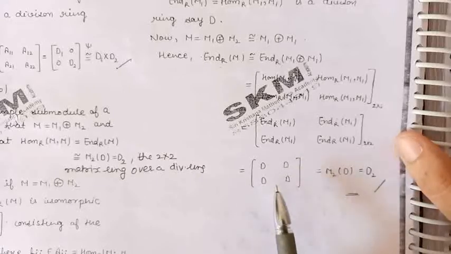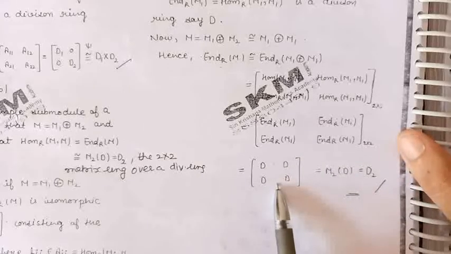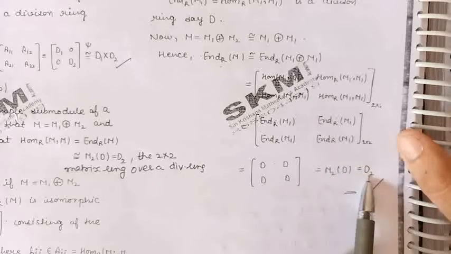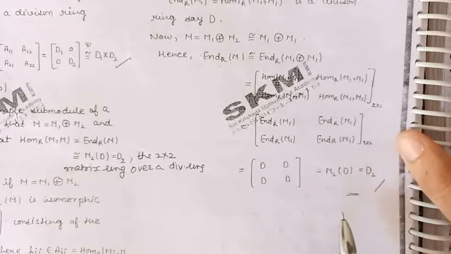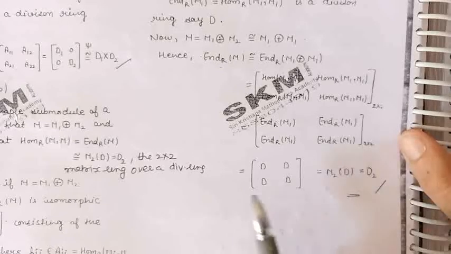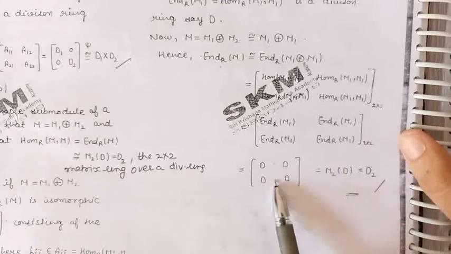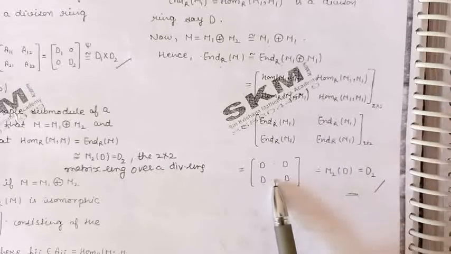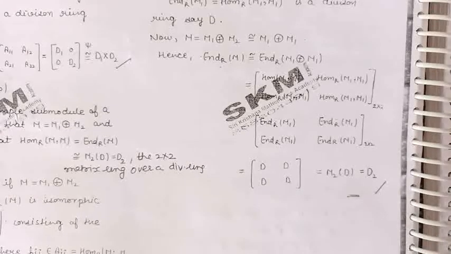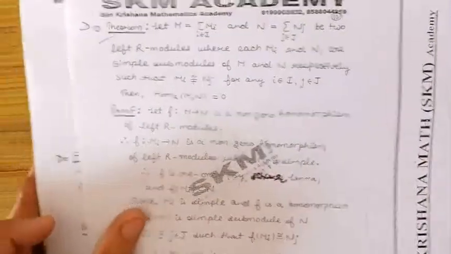This is a 2 cross 2 matrix ring over a division ring, and we have denoted it by D2. Thus we have proved that the ring of endomorphisms of M is isomorphic to the 2 cross 2 matrix ring over a division ring. So this completes the proof of this exercise. Now our next problem is